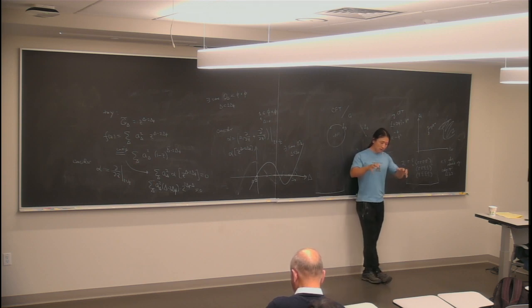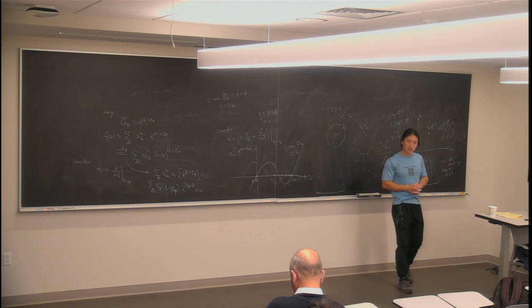You want to define the space of states on the sphere that surrounds these two operators. In conformal field theory, because of inversion symmetry, there's a Hilbert space of states on the sphere. But in general quantum field theory, there's no Hilbert space associated with the sphere because it's not reflection invariant. There's a space of states associated with the sphere with the outward orientation, and there's another space with inward orientation. But they're not naturally isomorphic, and there's no natural inner product. There's a pairing, but it's not quite a Hilbert space.